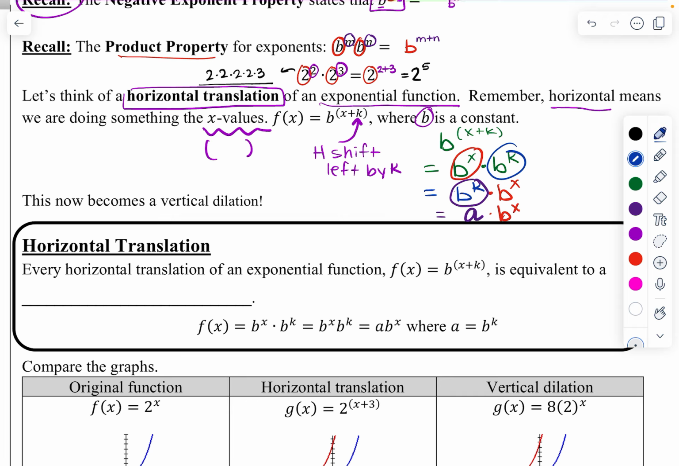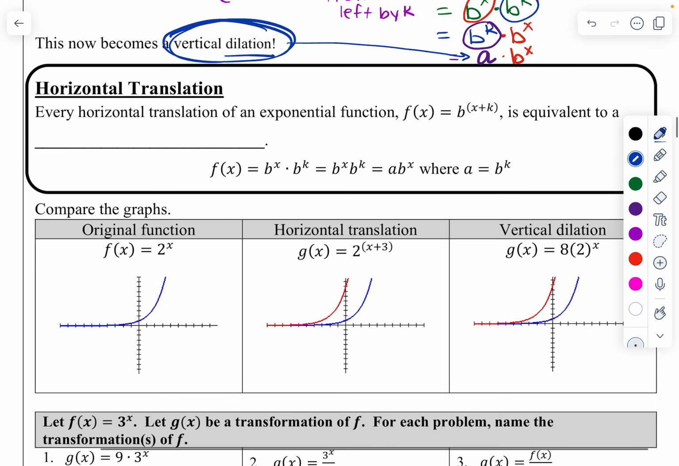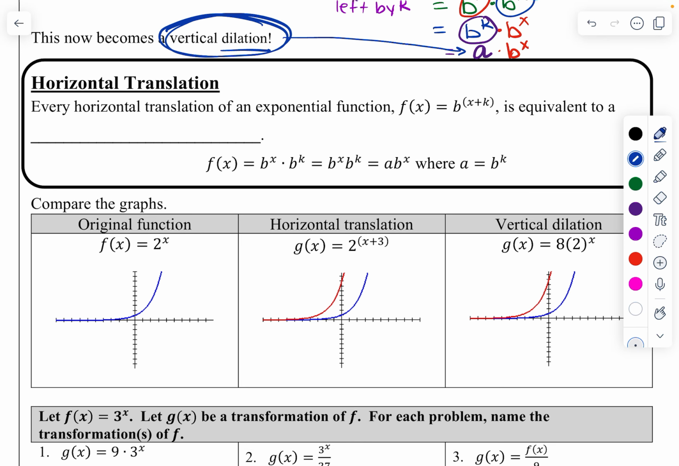So what we're saying here really is this horizontal translation is now multiplying vertically, which is a vertical dilation, which is a stretch or a compression. So we're saying these can be equivalent to each other, that when I horizontally translate an exponential function, that's the same as a vertical dilation. So let's see how that can be. So talking about horizontal translations, every horizontal translation of an exponential function written like this, b to the x plus k, is equivalent to a vertical dilation, that's a stretch or a compression,